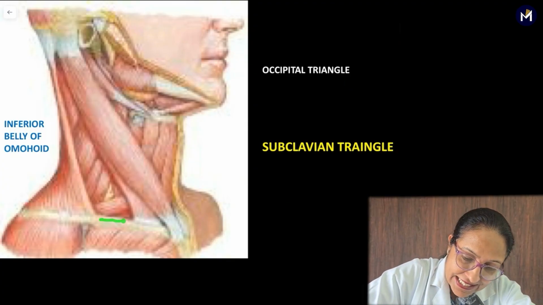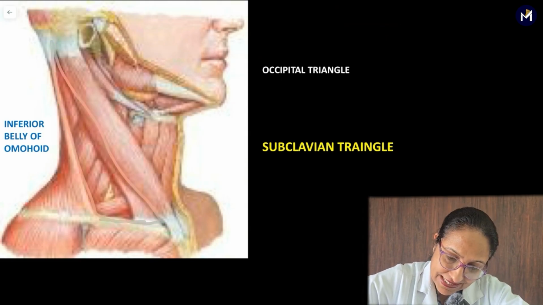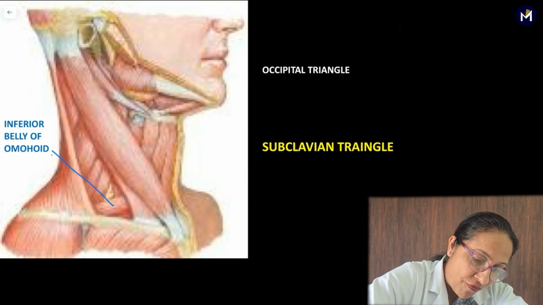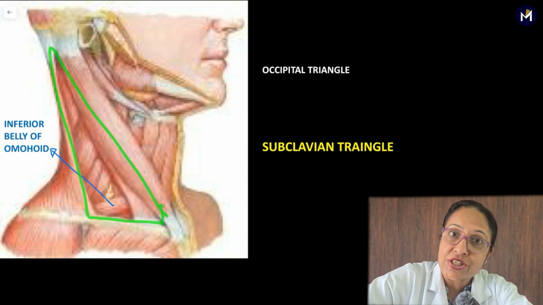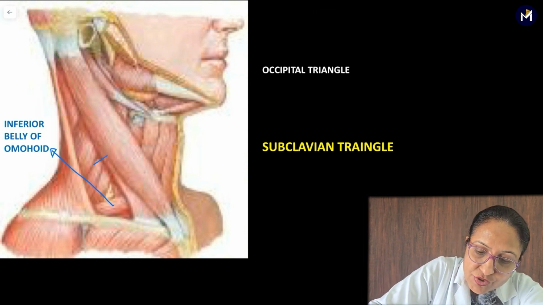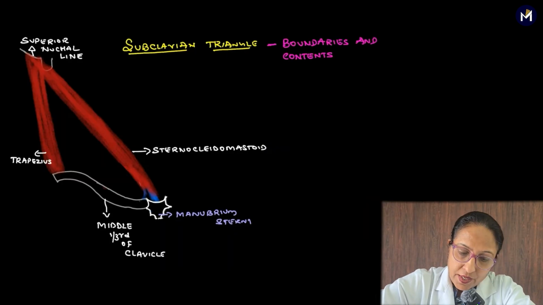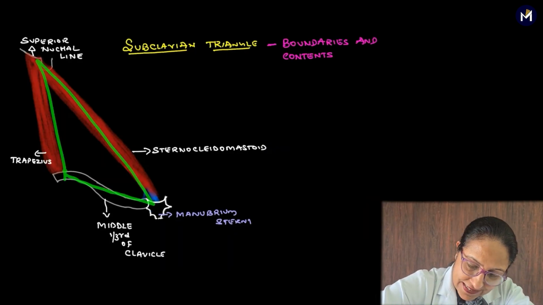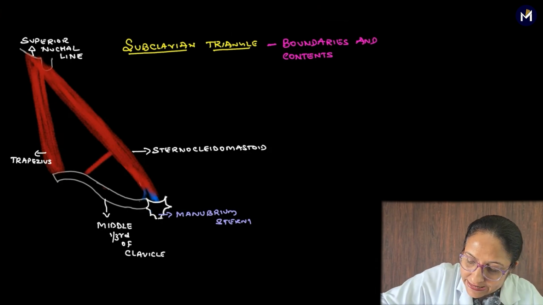Today we shall continue with posterior triangle. It will be helpful if you could watch the previous two videos of posterior triangle. Coming here, this is posterior triangle and we also discussed this muscle, the inferior belly of omohyoid, which is the key muscle that divided the entire posterior triangle into the occipital triangle above and the smaller subclavian triangle below. With this drawing of the previous class, this muscle is the inferior belly of omohyoid, the key muscle.